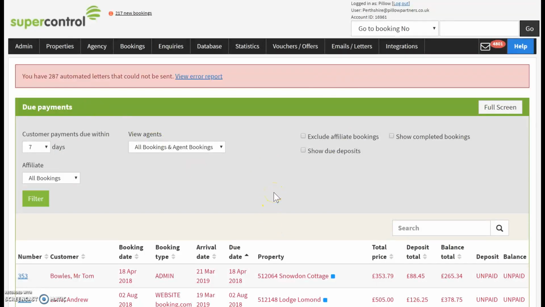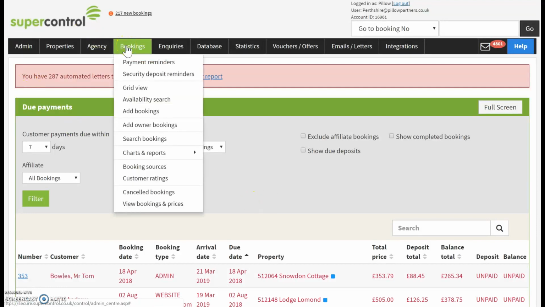So Super Control has many functionalities. It can allow you to link properties and owners. It can allow you to add housekeepers on and link them up to the relevant properties that they clean. You can set up notifications to go direct to the housekeeper when there's a booking. So you can have all that automated so that it's all done for you. So you can view the bookings, the booking grid, to see all the bookings that are in our property. So you would go to bookings and grid view,